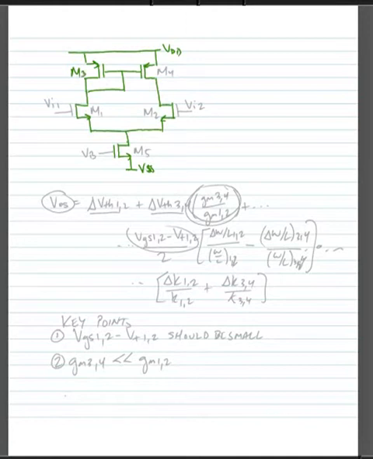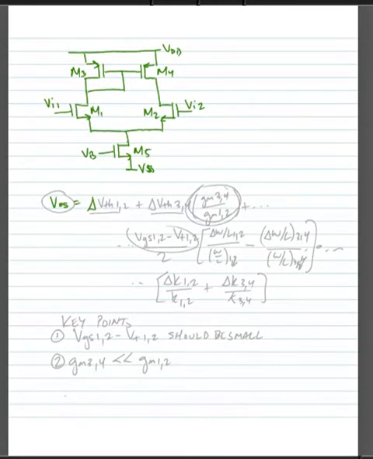Here we have M3, M4, M1, and M2, and M5 connected to a constant DC bias voltage. We'll take our input on the gates of the transistors M1 and M2 as usual. And we can show with a similar derivation to the resistive load that our offset voltage, in this case, VOS